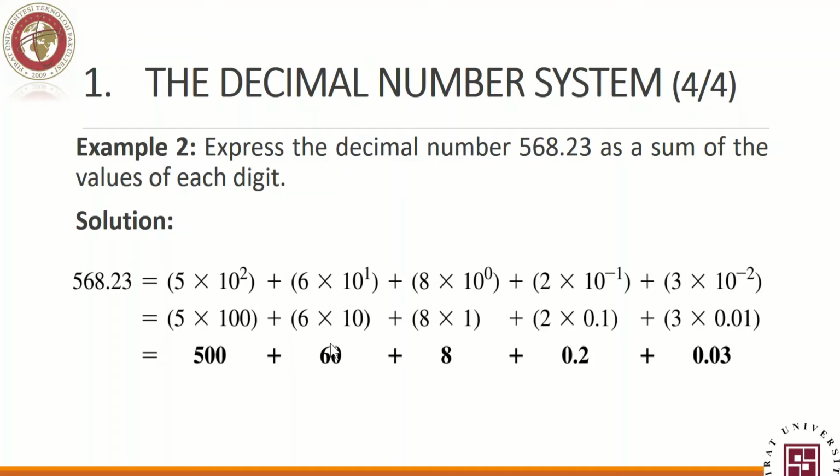6 times 10, that's 60. 8 times 10 to the power 0 is 1. So these are exactly 568. Now look at this. When we divide 2 over 10, that's 0.2. And then if we divide 3 over 100, that's 0.03. So sum them up, you will come up with this value. As I said, these are basic things, but that's how the machine understands it, and that is how we introduce